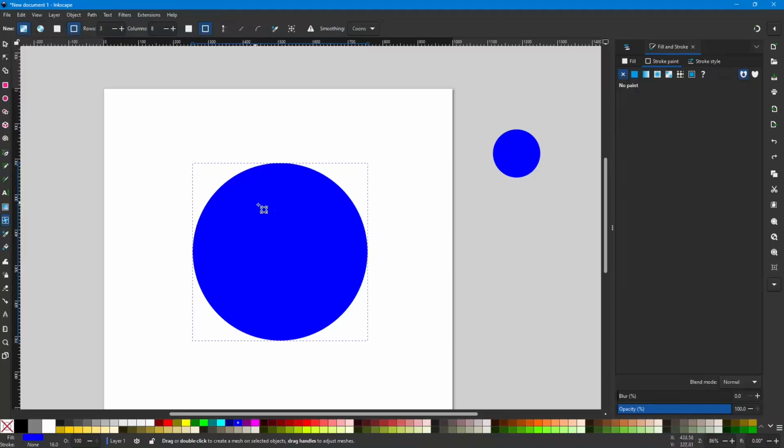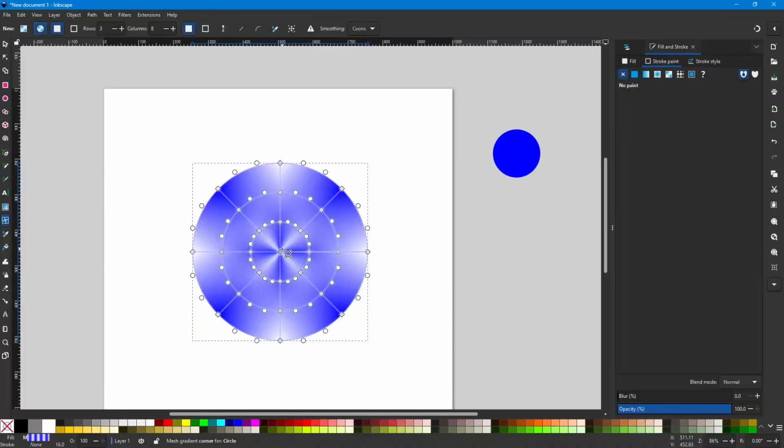If you want to work on the fill, you need to have the fill selected, and you also need to have the right mesh type. We're going to use a conical gradient instead of a mesh gradient. So now watch what happens when I double click this. Okay, so what we have is